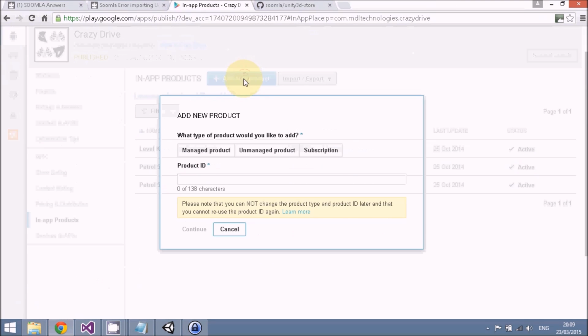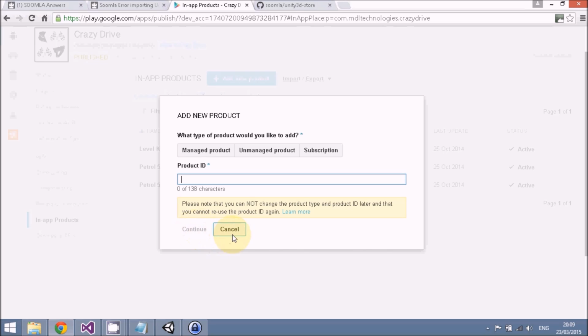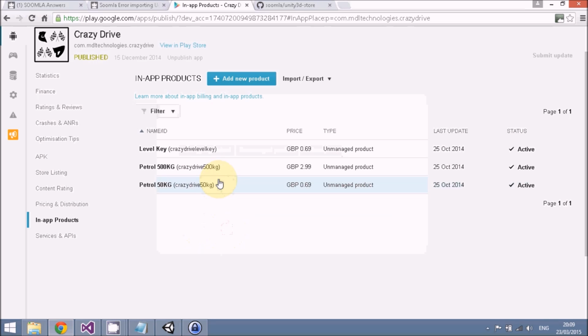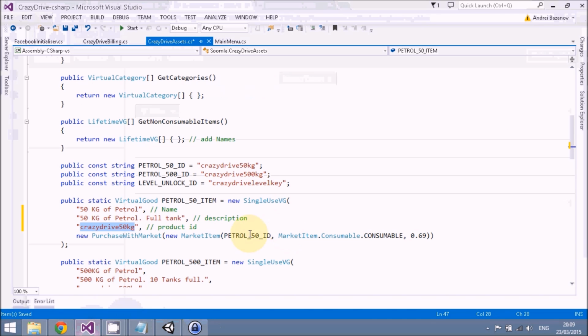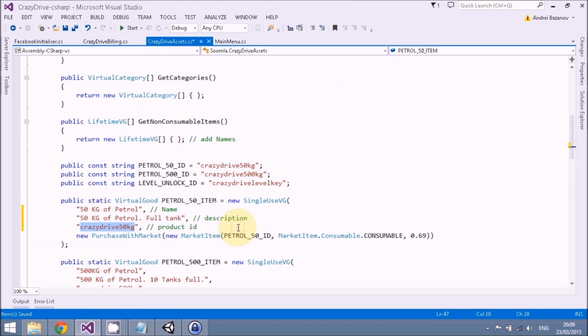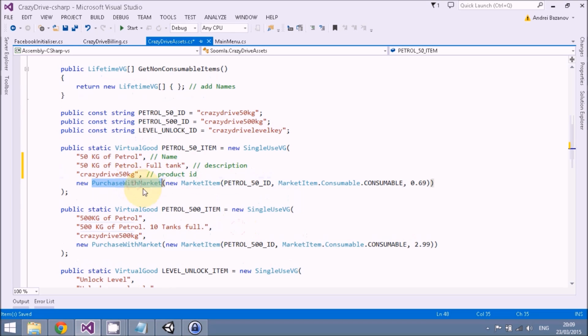So when you define something, this is your name here, you enter the product, and then when you click continue, it asks you for name and description. So try to keep it consistent, enter the same things here, and then you say purchase with market, and here